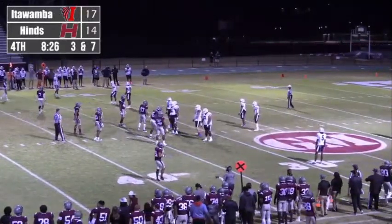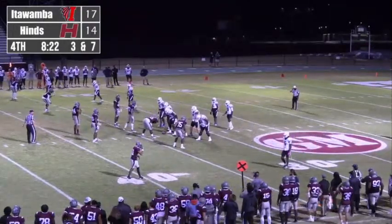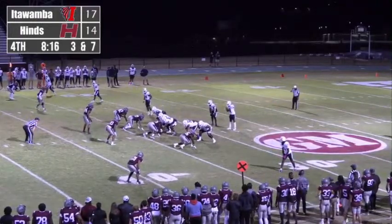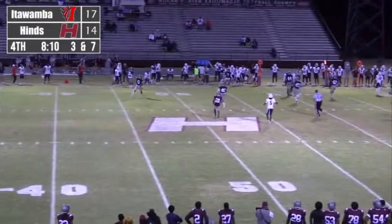It's going to be a 3-receiver set to the right side for Carter. French in the backfield. They'll send Minor in motion right to left. Carter rolls out to the right side. He's going to throw it. It's going to be